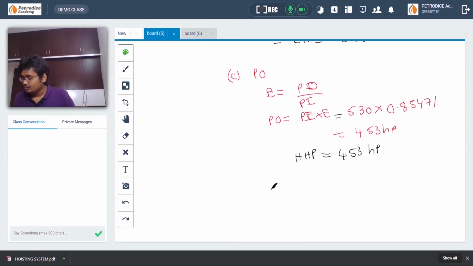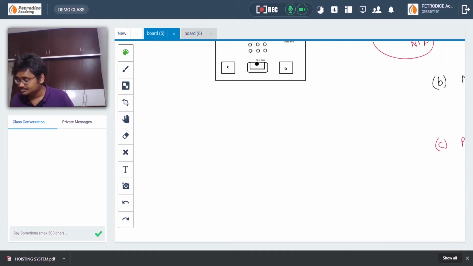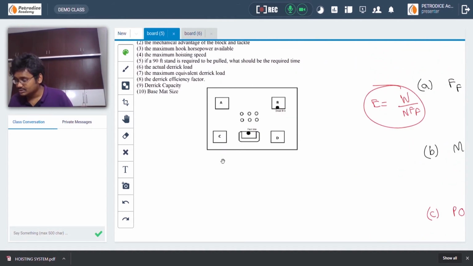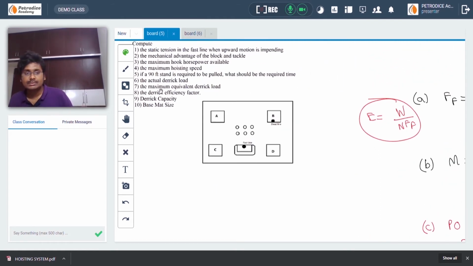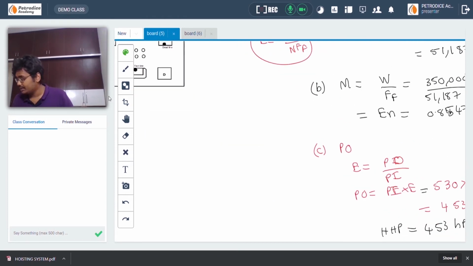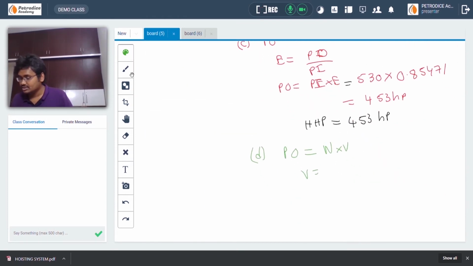See, power output, as I have already told you, will be given as W, weight on the traveling block, into velocity at which the traveling block is moving. So V, the speed. What they have asked is the maximum hoisting speed. Okay, that is the speed. They have asked you the speed. It is given by